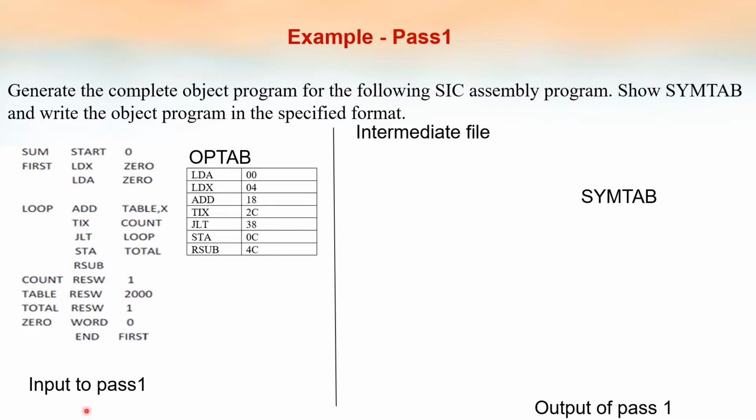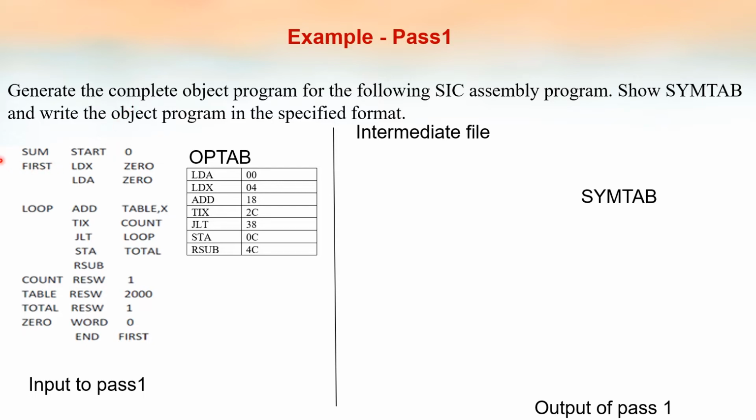So now we can see the first pass, pass 1 of the assembler. In pass 1, what all things does it do? One thing is it has to assign addresses to all the instructions, all the lines in the SIC program. For that it uses a variable called location counter. It is like a counter, initialized to the starting address. In this case, the starting address is 0, so the location counter value is initialized to 0. And for each instruction, the location counter value is incremented.